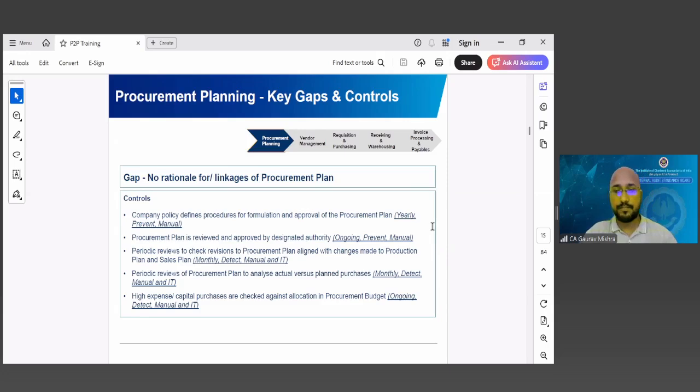Now coming to the part whether the existing stock situations have been considered or not. If the system is not linked with this, there are high chances that you may procure a material. Now the risk, so these are a few of the risks: no linkages for the, or there is no rationale for